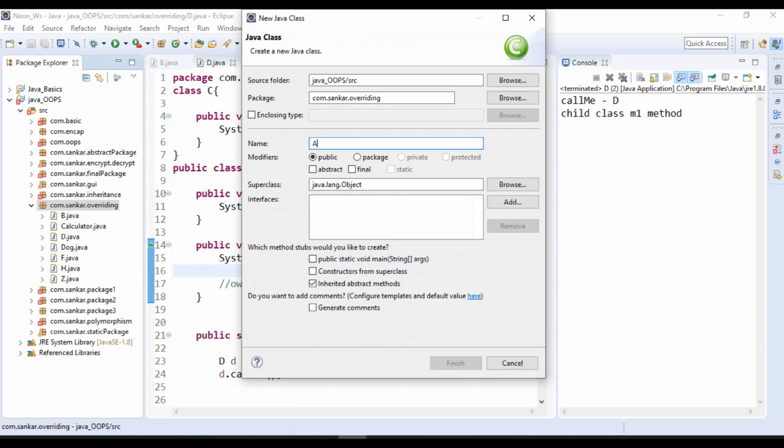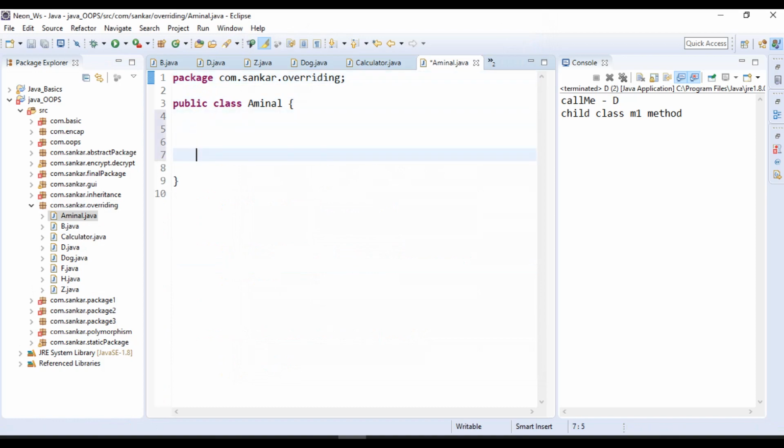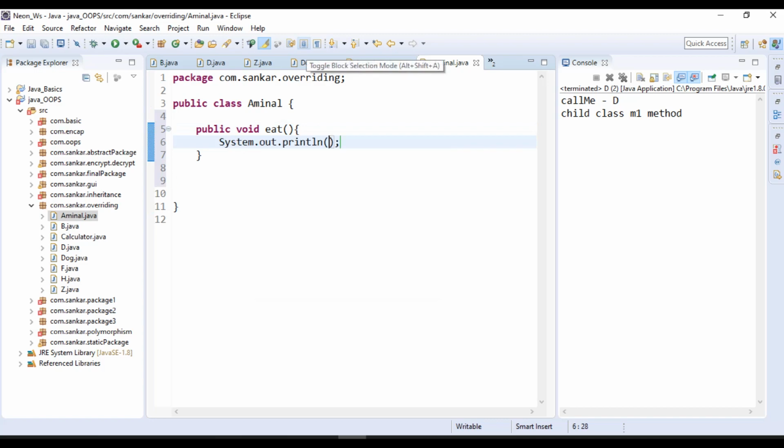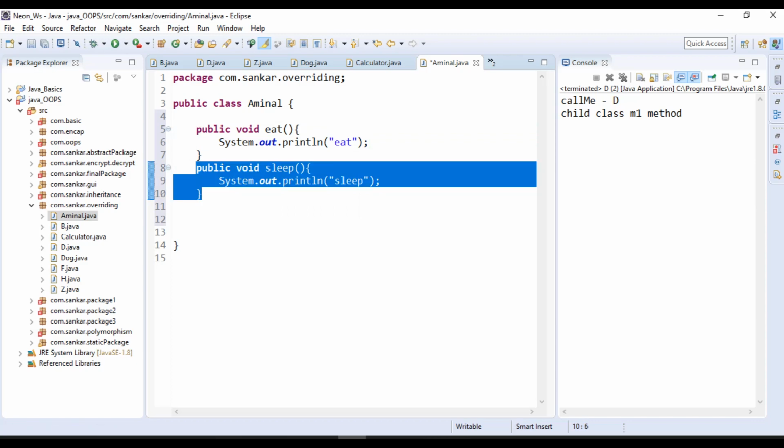Then I will take one more example for your confirmation. Here I will create one more class, say Animal. Animal contains its own properties, am I right? So here I will create a few methods. Observe: public void eat, where I will print some generic messages, and the same for sleep, because all animals will perform eat and sleep.